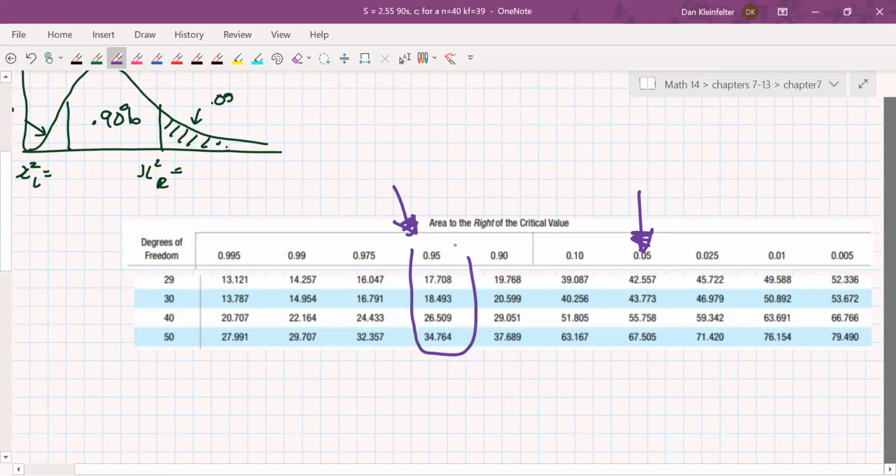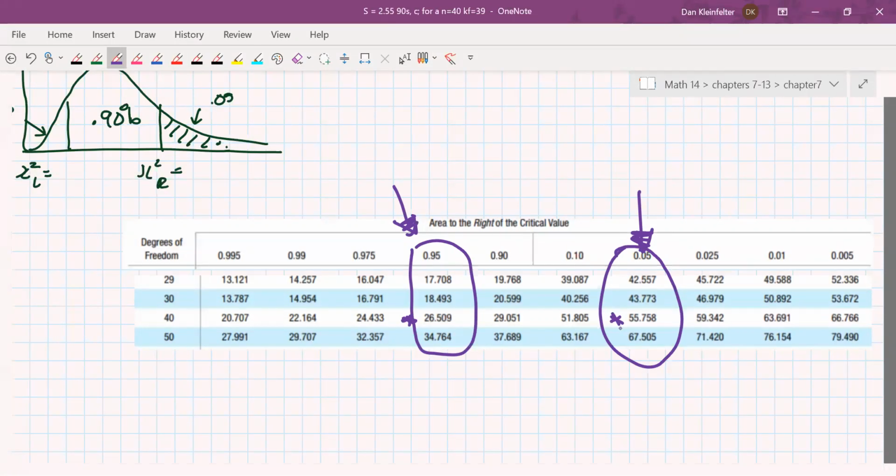So taking a look at these two columns especially, 30 would be 18, 40, 26.509. 39 is much closer to 40 than it is to 30. So we're going to go ahead and use 40 just because we haven't got the row for 39. The further down the table you go, you'll see that there's less difference in here. So it's not going to make a giant difference. If you want, you can recompute this for 30, 40, and 50 and see how much of a difference it's going to make. So our chi-squared right is going to be